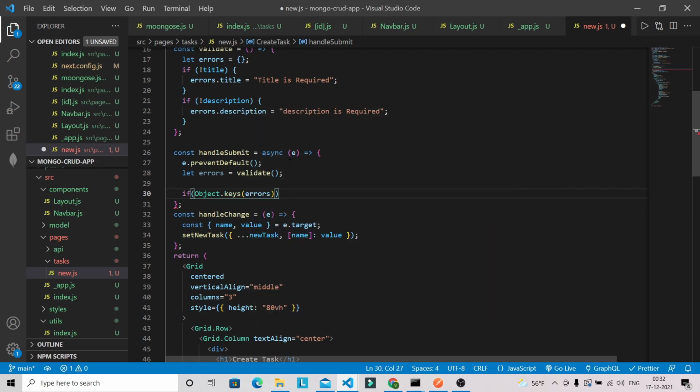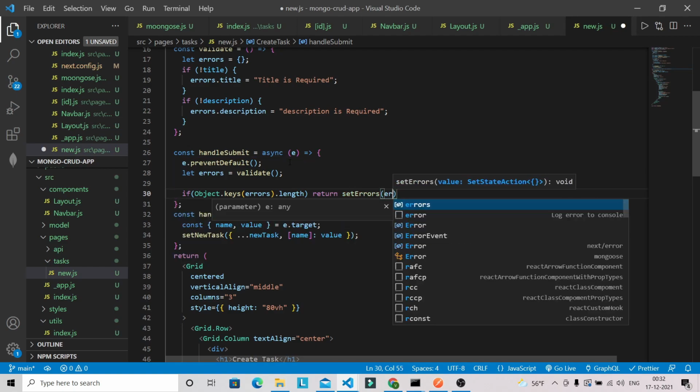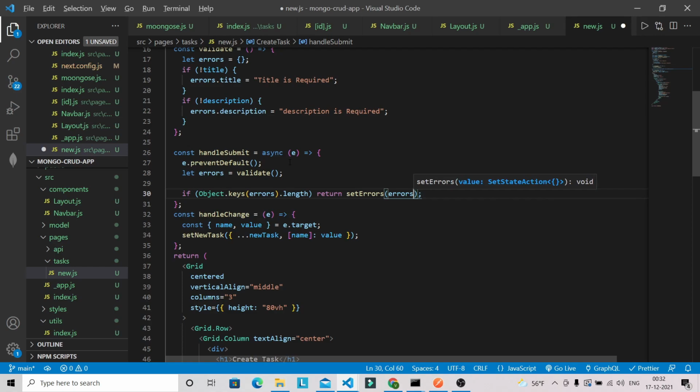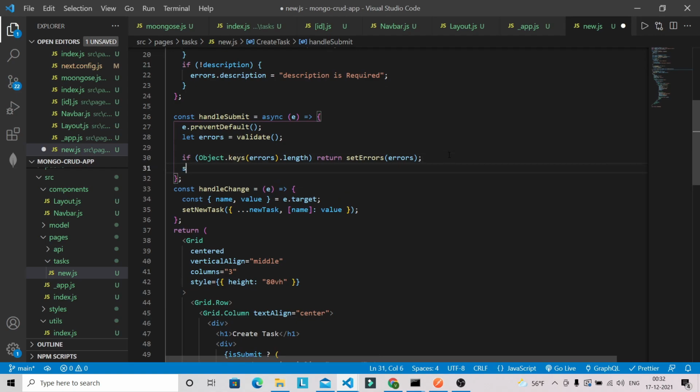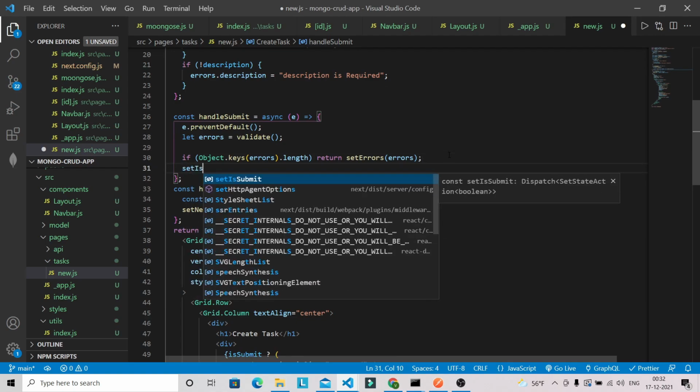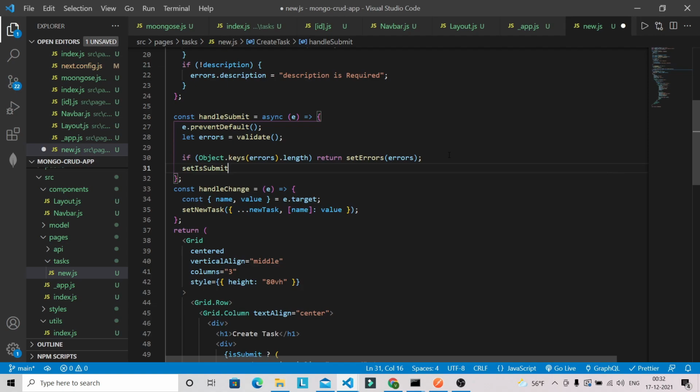So if you have any error, then we are going to set the errors. I hope you are getting this one. And after that we can set set is submit to true. So this line of code will not get executed if you have any error.